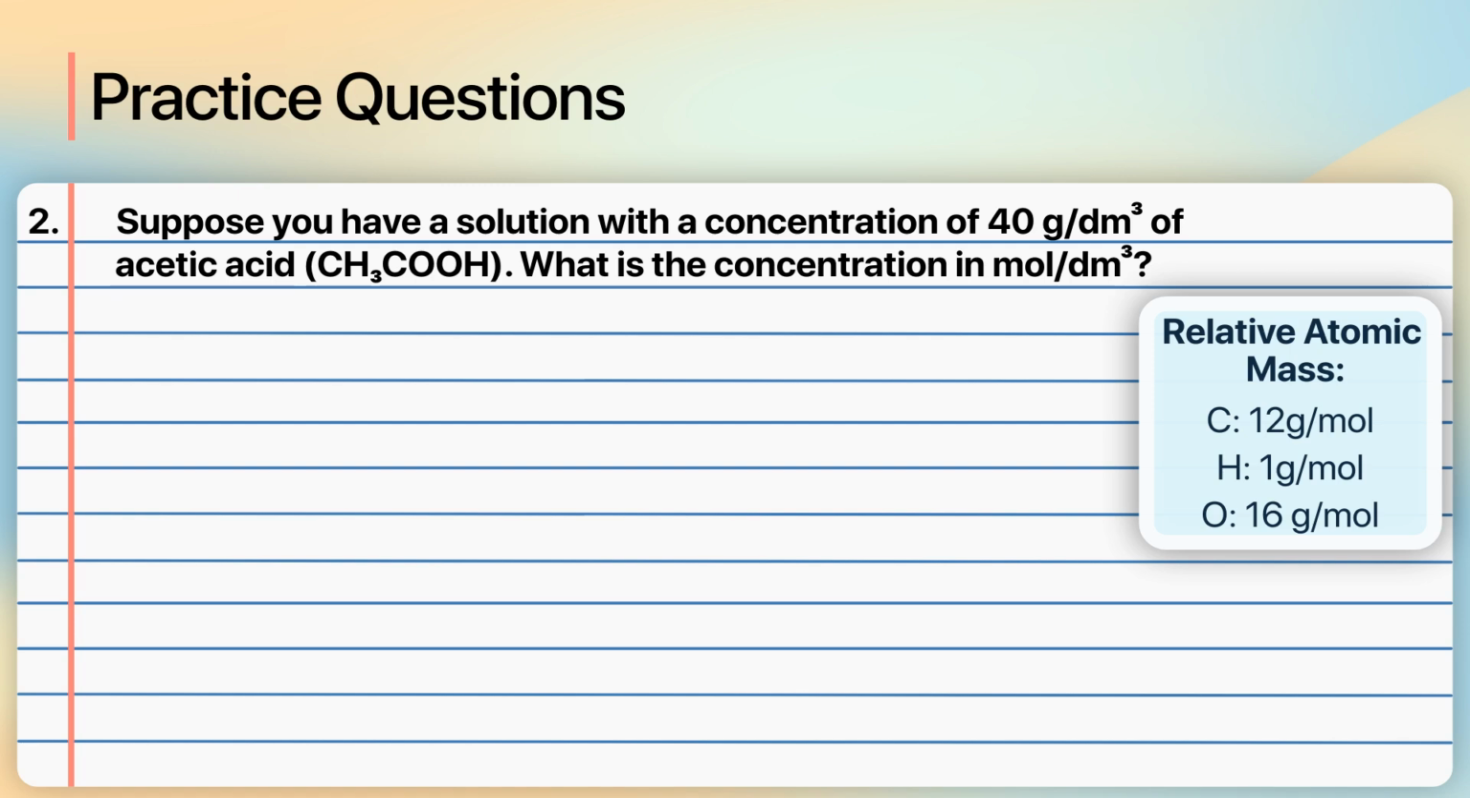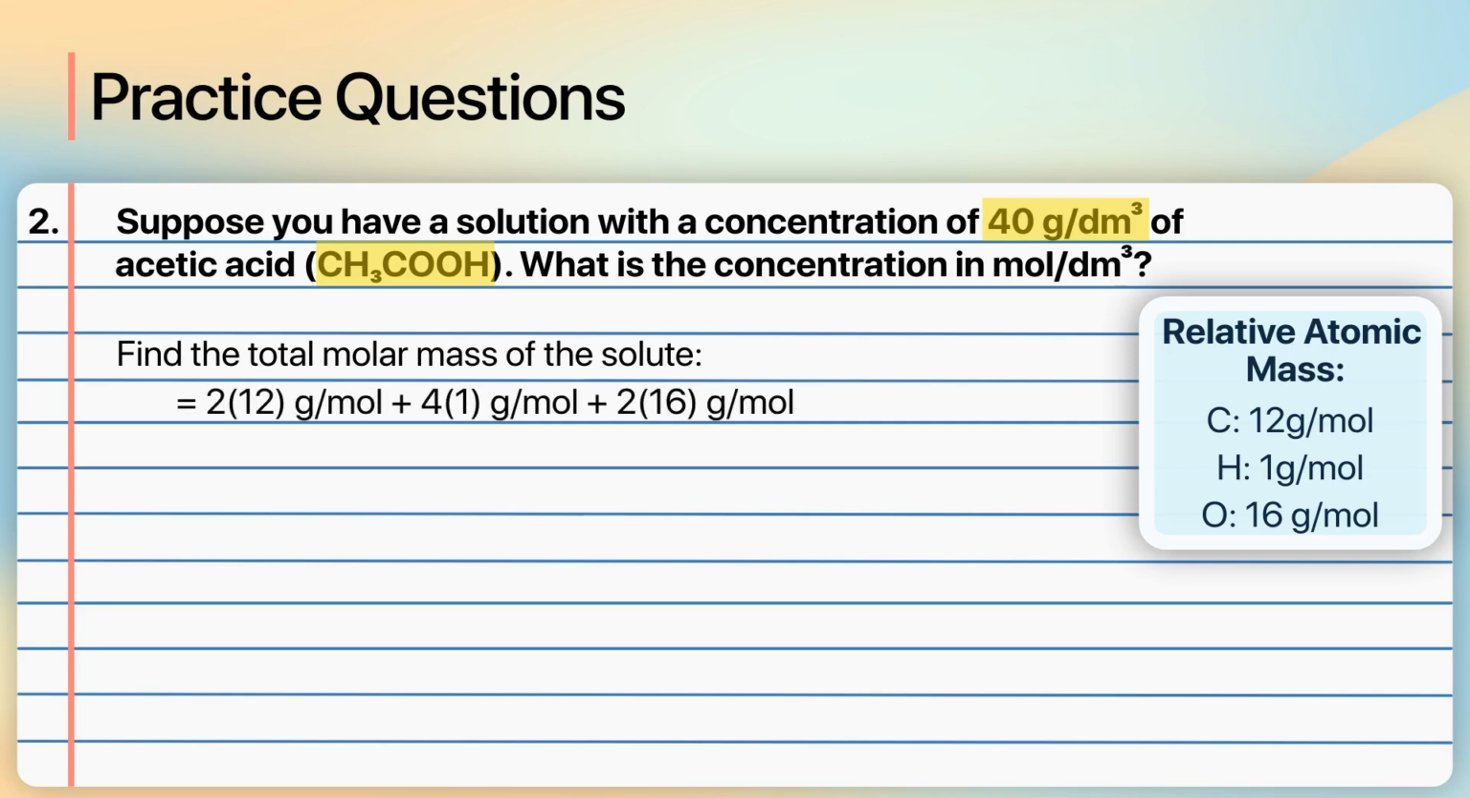First, identify what's given. In this case, CH3COOH has a concentration of 40 grams per decimeter cubed. This means every 1 decimeter cubed of the solution contains 40 grams of CH3COOH. We need to convert the mass to the number of moles. To do this, we need to find out the total molar mass of the solute. Hence, the molar mass of